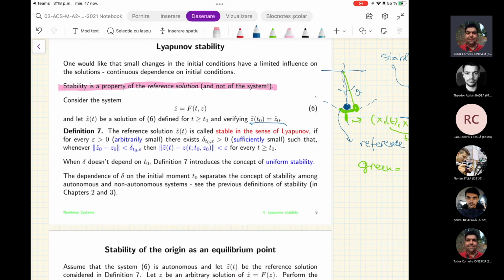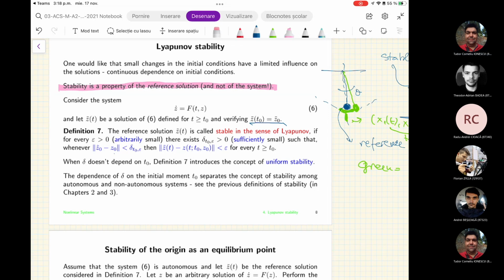The reference solution z tilde(t) is called stable in the sense of Lyapunov. Lyapunov was a famous Russian mathematician, by the way, in the 18th or 19th century or something like that. It is stable if for every positive epsilon, arbitrarily small, there exists a constant delta depending on the initial moment t0 and epsilon, also positive, sufficiently small itself, such that whenever I have a new initial condition